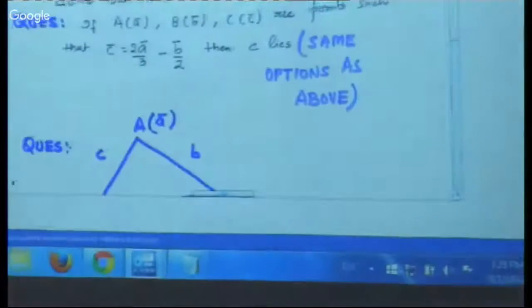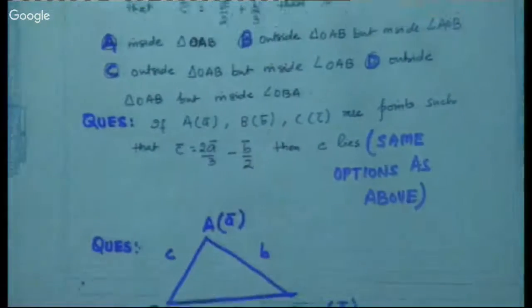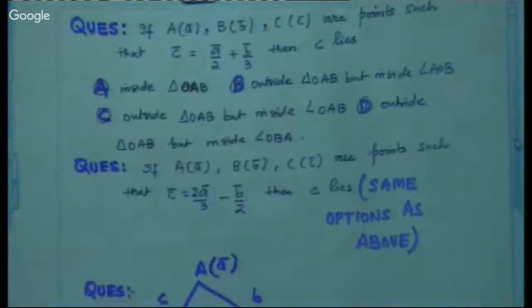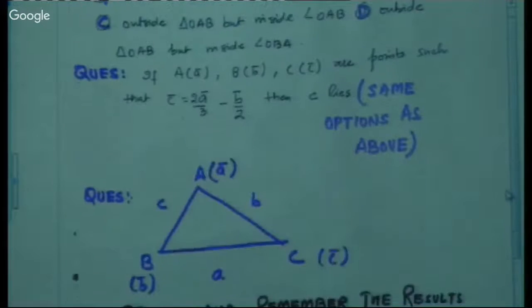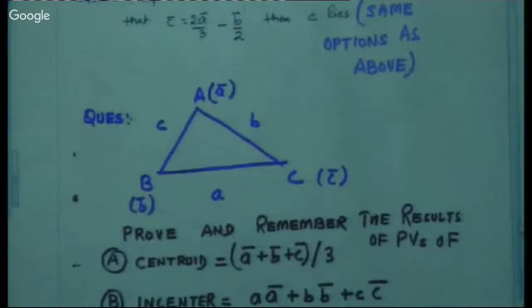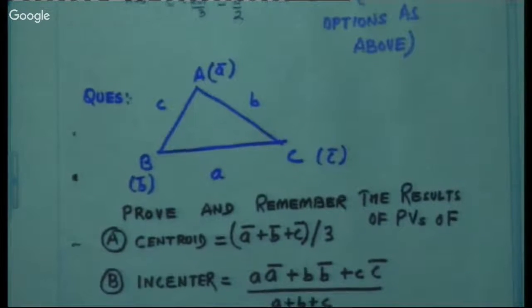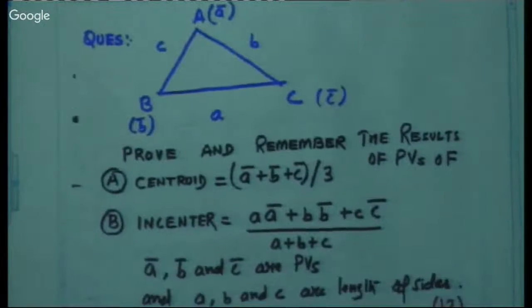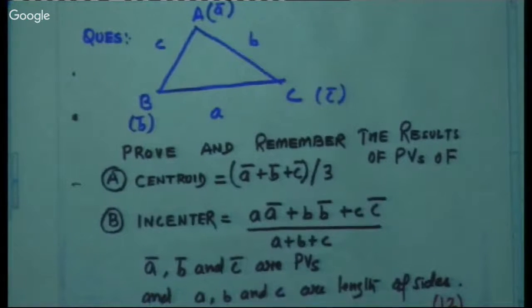We also discussed this question. We have already finished it, and I think everybody doesn't have any problem with it. It was totally checking your section formula concept. Then we also derived the centroid. Everybody understands what the centroid is: the point of concurrency of medians. Then the incenter was the point of angle bisectors, and we know how we created this using the section formula. Next,